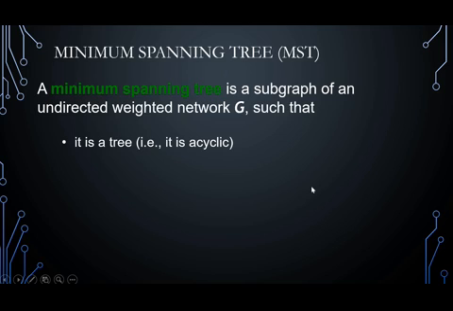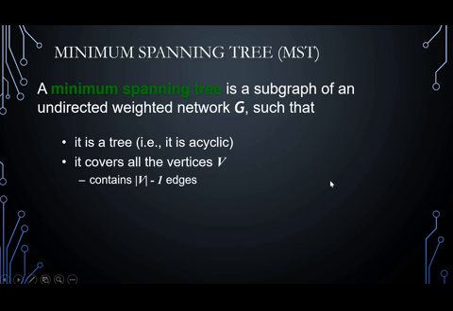It is not closed. Then it covers all the vertices V, that is, all the vertices specified in the problem. All the vertices specified in the problem should be present in the solution. No vertices can be eliminated. All the vertices should be present. But when it comes to the edges, all the edges need not be present. When I say subgraph, it means all the vertices or all the nodes of the network should be present,